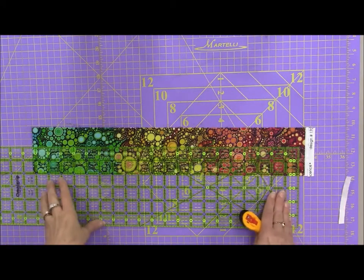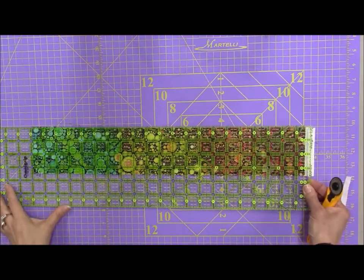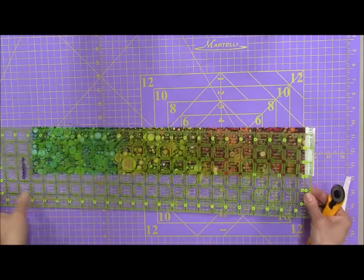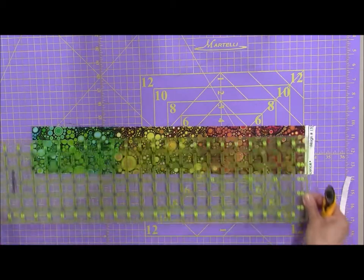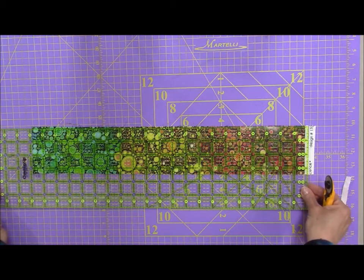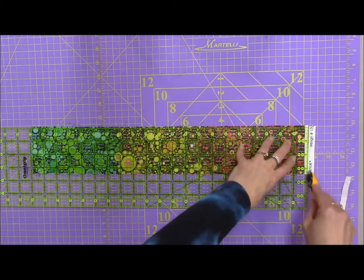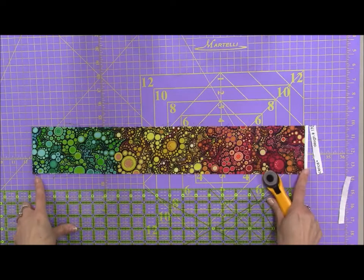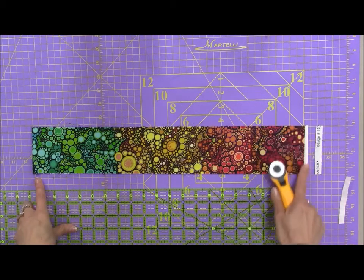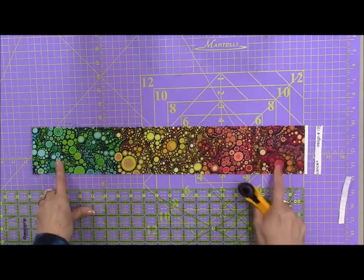At this point, we're going to take all 4 borders and cut those borders down to 20 7/8 inches. So the first thing I do is make sure that border is nice and straight by using my ruler to square it up that way. Then I'm going to measure 20 7/8 from the fold and cut off that last little bit of the selvage edge. You're still going to end up with a little bit of white selvage on there, but it's a slight amount. It's going to be within your seam allowance. We're going to cut 4 borders this way,